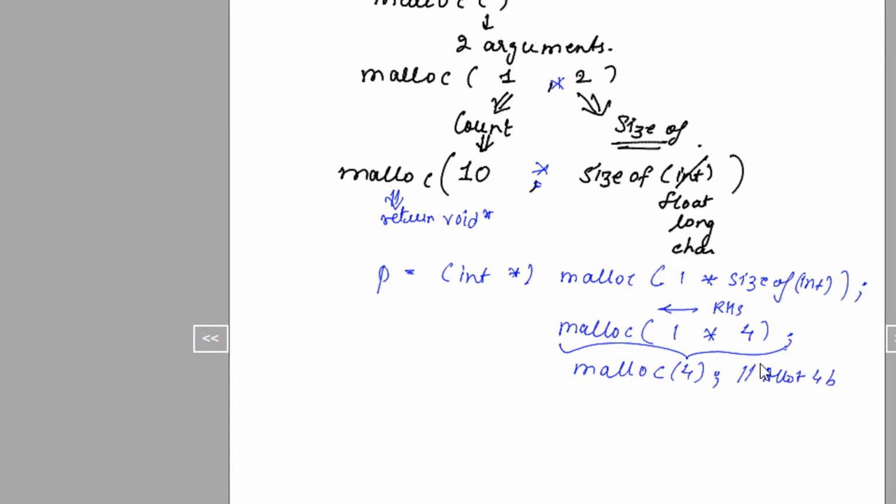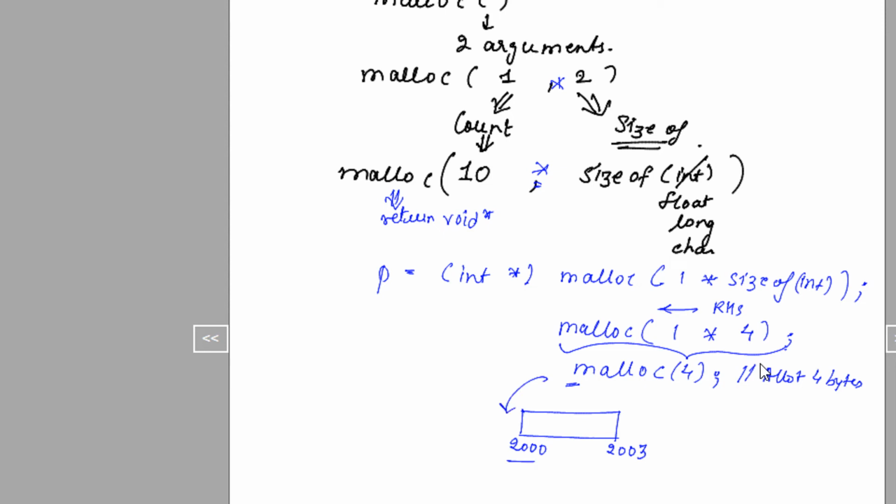That means allot 4 bytes, right? So in the memory location, let's say you are beginning from memory location 2000, you will go up to 2000, 2001, 2002, 2003. In general, n plus 4 minus 1, right? That is basically there are 4 memory locations starting 2000. So what will malloc basically return? Malloc will basically return the base address, that is 2000.